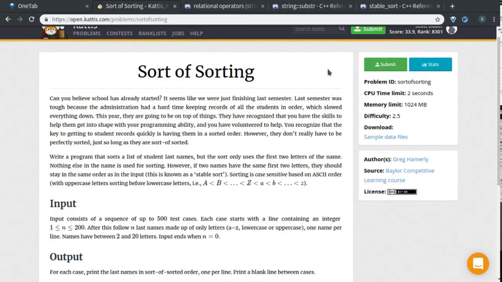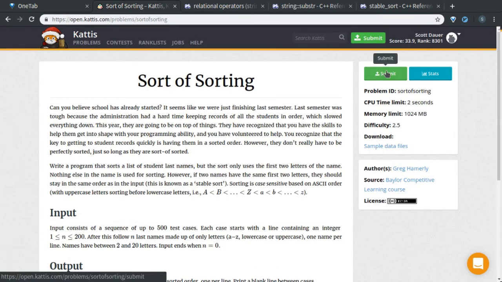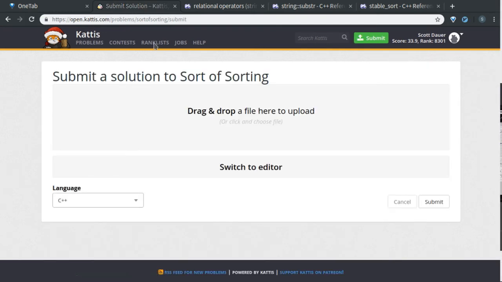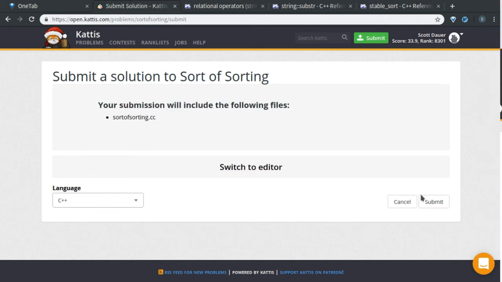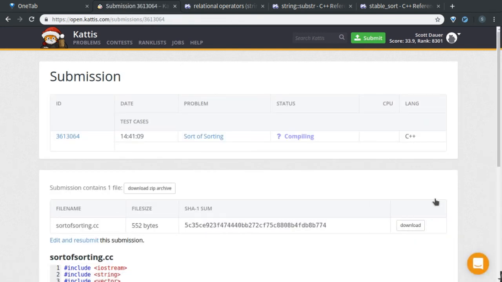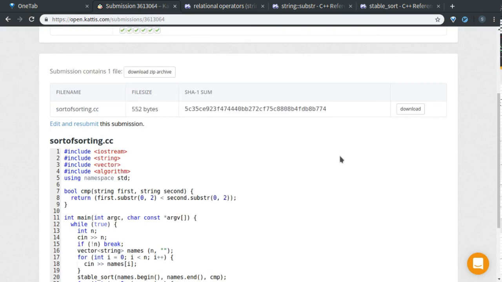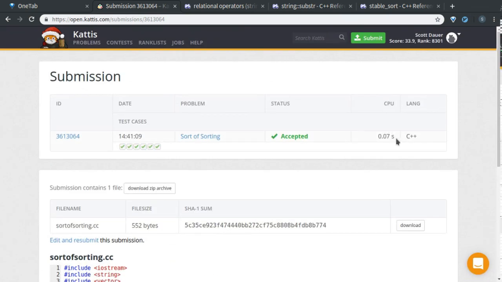Alright, so now I need to submit my solution, so click submit here. Find my file. Submit. Great, it was accepted. Oh, that's a longer time than I was expecting it to take. Maybe I could make this more efficient. But anyway,